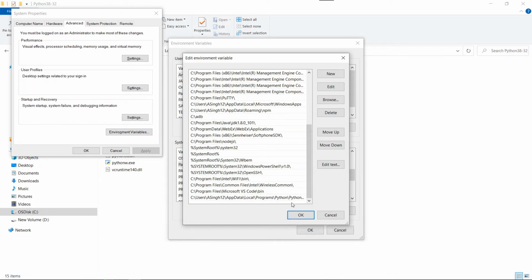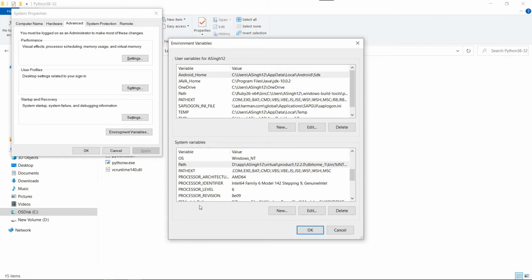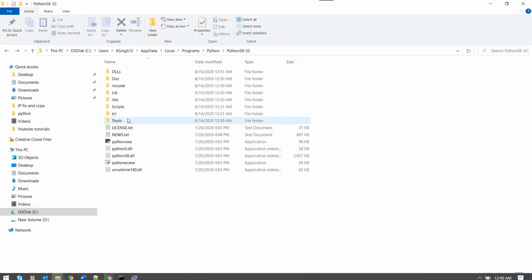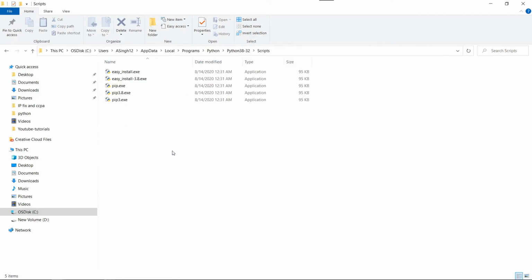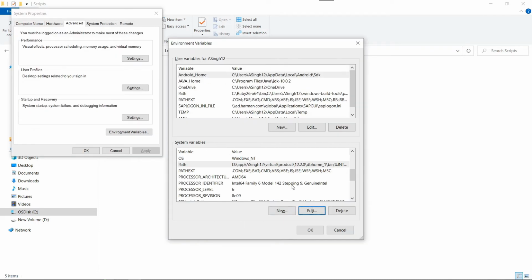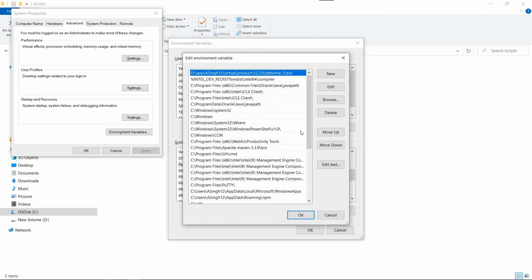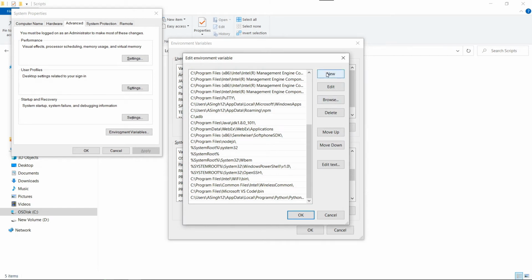Now with this, the system will identify Python. However, we need to access pip as well. So you can see pip is available here. The binary for pip is available here. So we need to copy this too and put it into the environment variable.